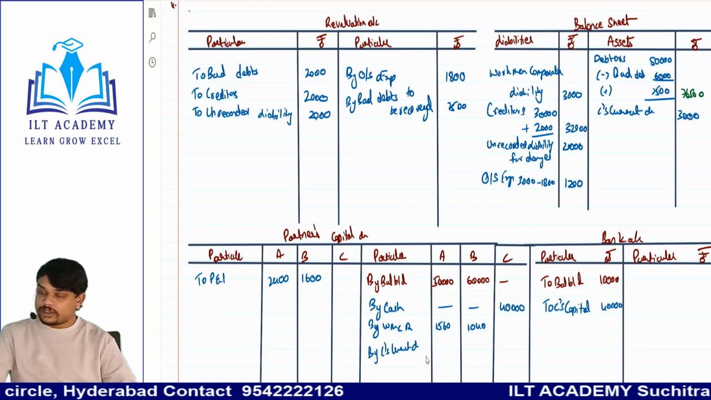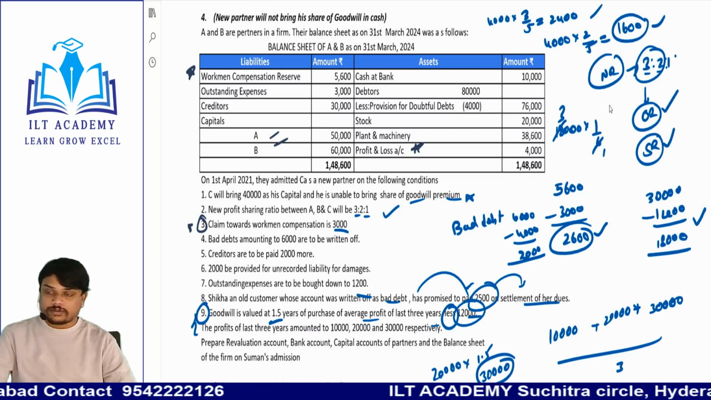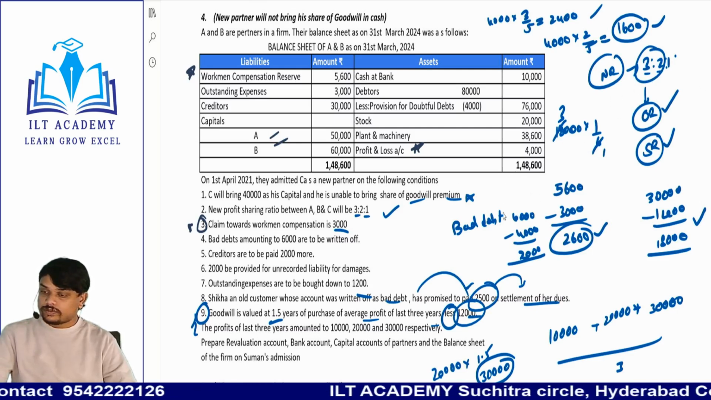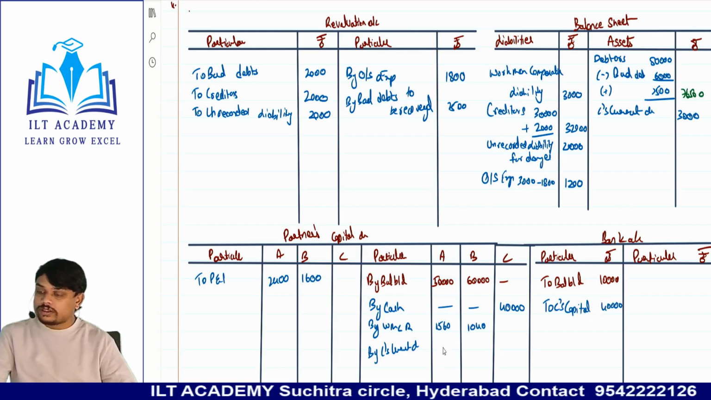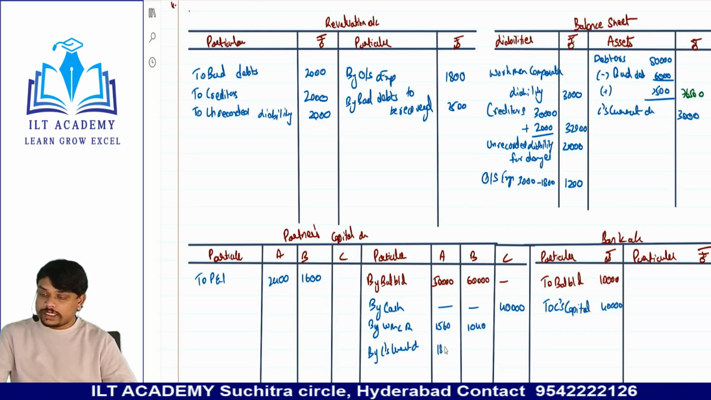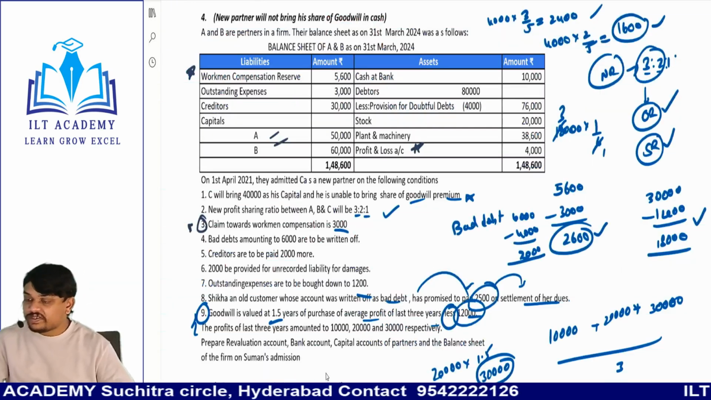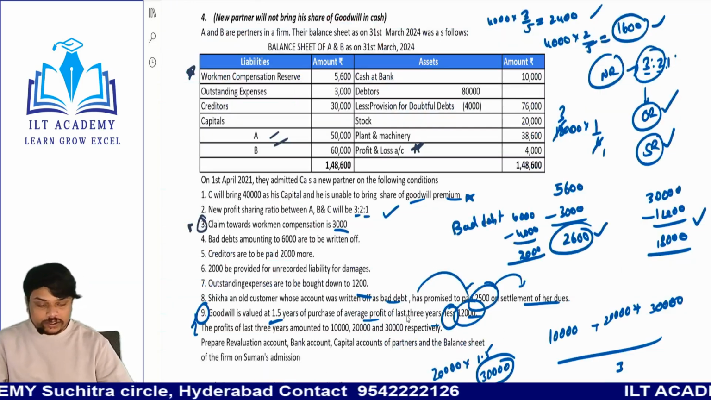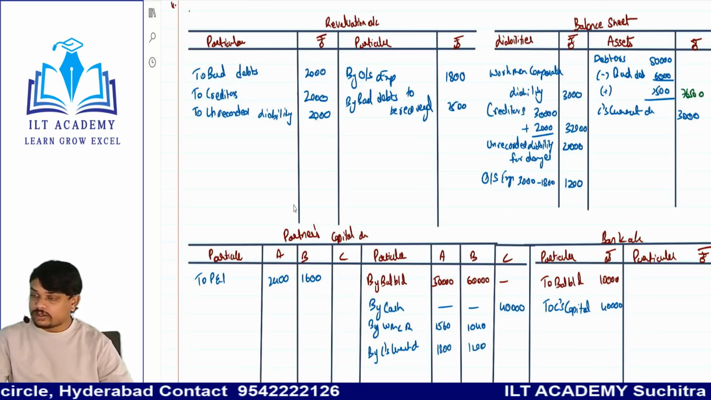Here, the goodwill will be distributed in 3:2 ratio. 3:2 ratio is 1,800. Next, 1,200. Done. With this, we have done the adjustments. Let us close revaluation account first. Revaluation account, 1,000, 2,000,